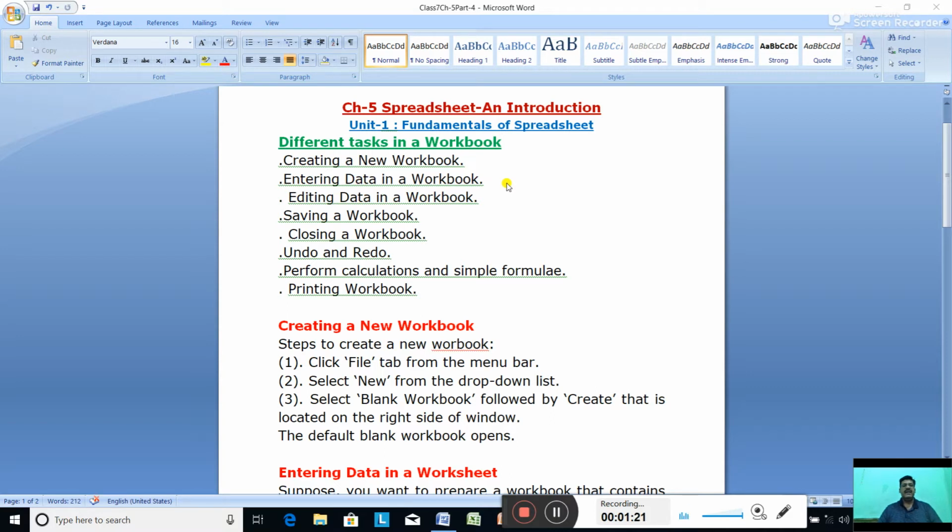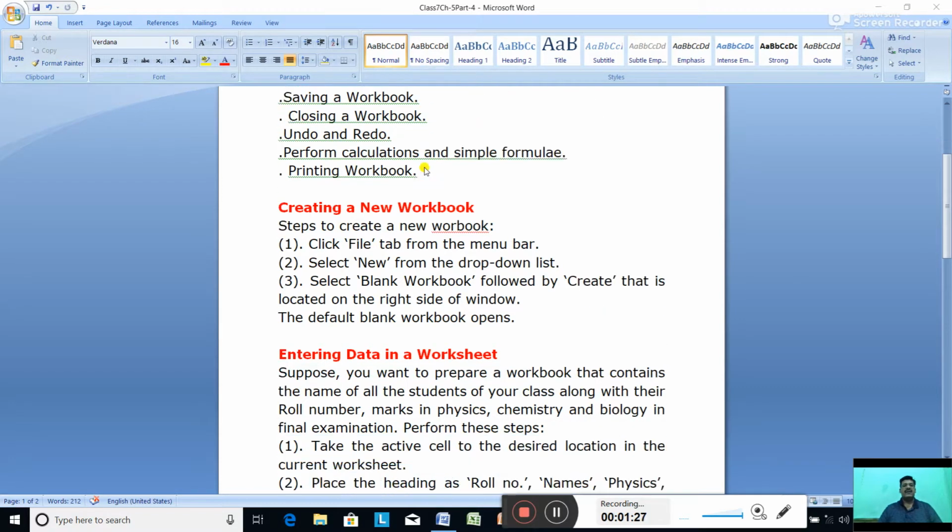So let us see the steps to create a new workbook. The steps to create a new workbook are: first, open MS Excel. You know how to open, either from the desktop or from the start menu.